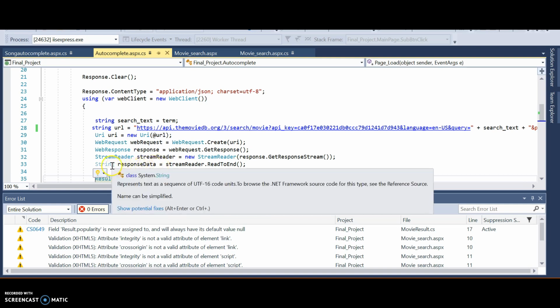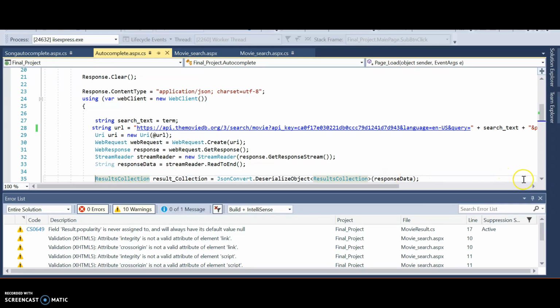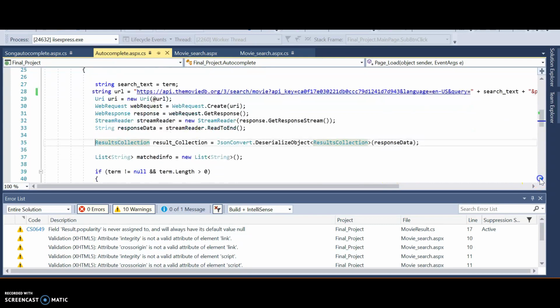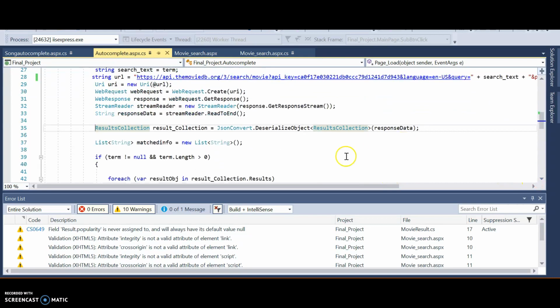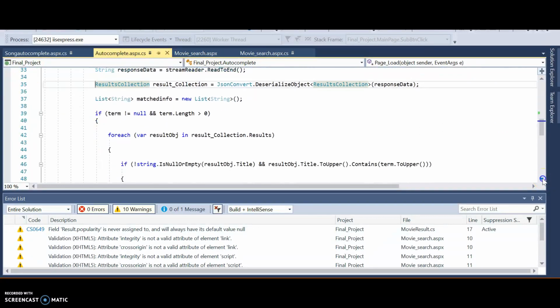So here the string response data is in byte string, and we have our API in JSON file format. In order to have a comparison, both should be in the same format. So we are deserializing it. The deserializing here is converting the byte string, the response data, into a JSON file format. And then we are having a